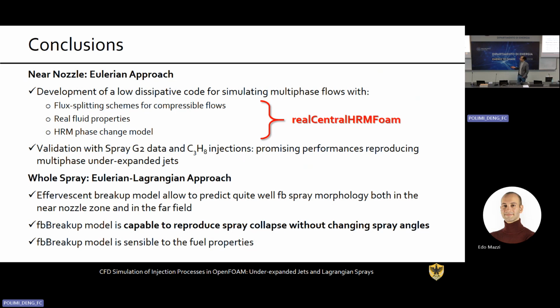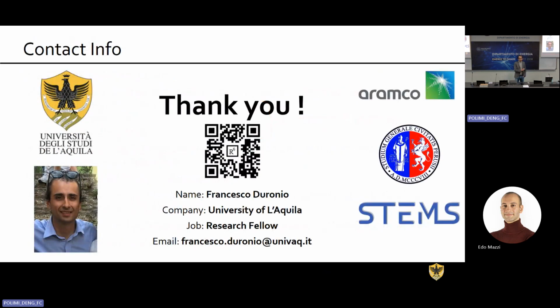It actually performed quite well with flash boiling spray, reproducing spray morphology quite well, both in the near nozzle and in the far field. This model is capable of reproducing spray collapse without changing spray angles, and is also sensitive to the fluid properties. So thank you for your kind attention, and I'm ready to